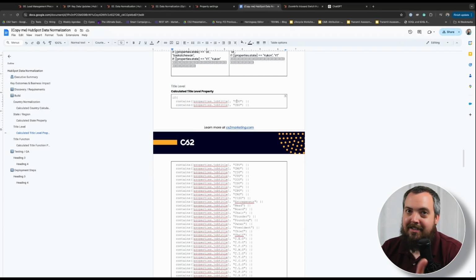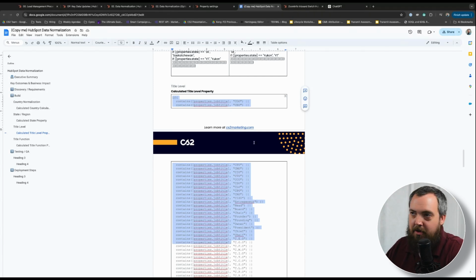You may still get some people that fall into this. It's not a perfect science, but it's really helpful to get you further along the way. So for example, if you had coordinator and somebody typed in all caps and filled out the form, it's still going to show up in this list. But that is going to be an edge case as opposed to what you are typically seeing out of job titles that come through. So this calculated title property, we can once again copy and paste from the documentation,